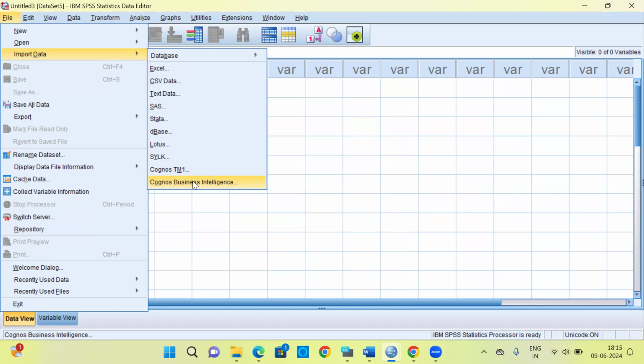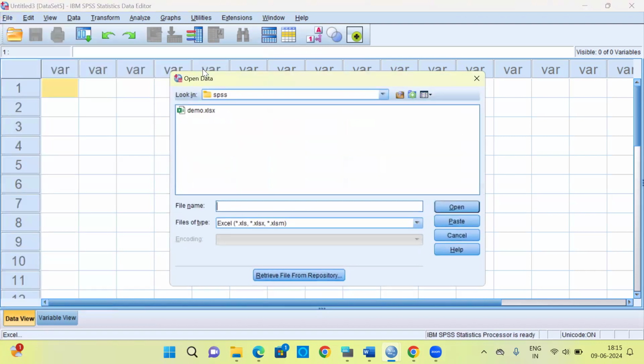In my case, the source data is in Excel. So let me go to the option Excel and choose the Excel option. This will open up a new window, which is called the Open Data window. As you can see here, SPSS takes me to the folder in which the source file is located. You can see here